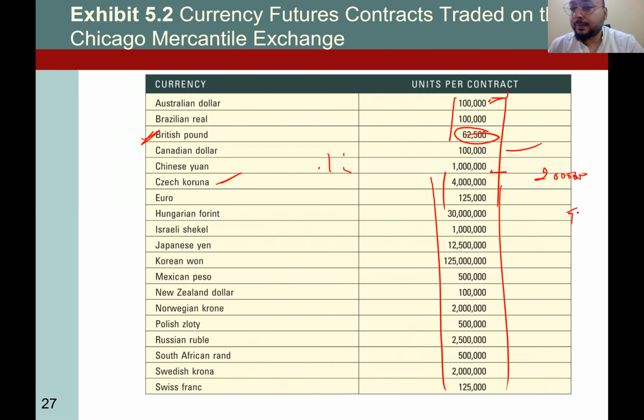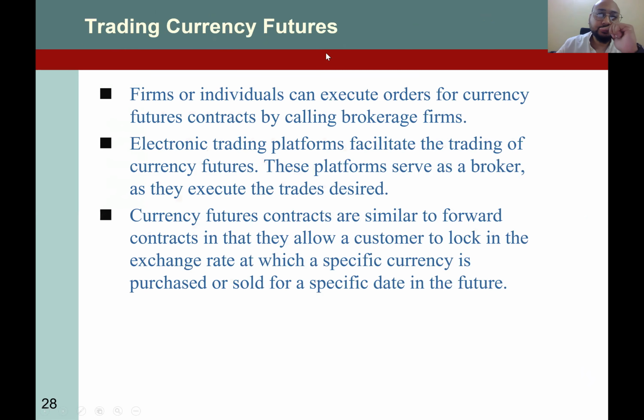And 500,000 you are exposed to exchange rate risk, or you buy 3 contracts to reduce or hedge your risk, right? Extra 500,000 yuan as well, right? So this is what standardization means. What does the standardization mean? Because this is controlled by the exchange. So in the US, it is Chicago Mercantile Exchange. And all the things are the same. So it is more liquid.